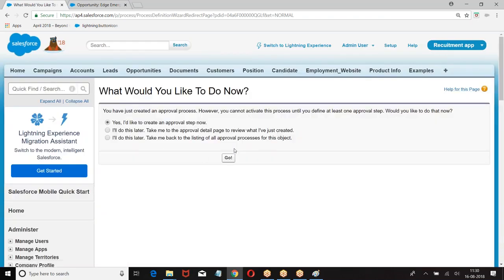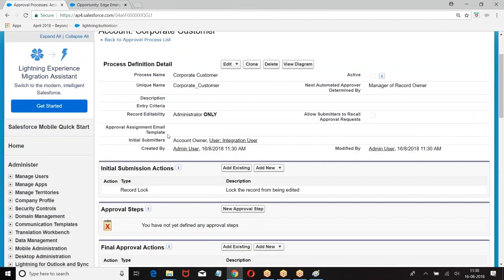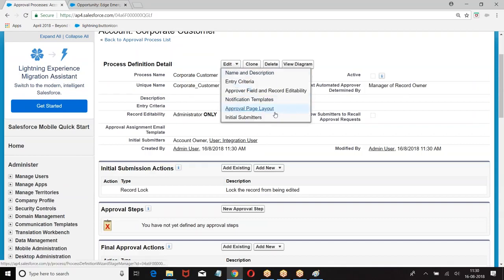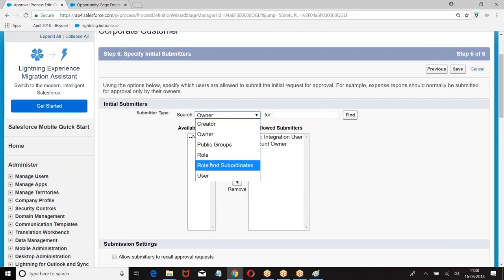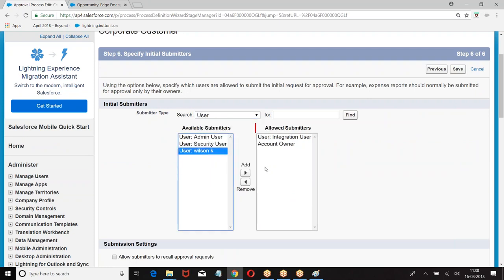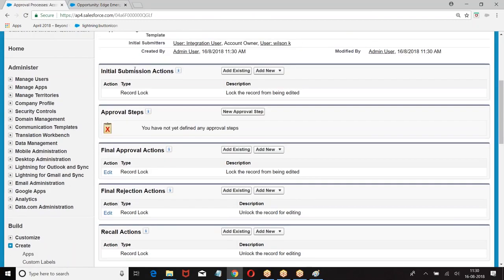Let us go back again. Who is your approver? Initial submitter. The moment you submit, this is the page which is created. Then initial submission action.